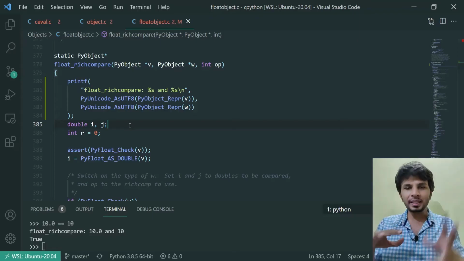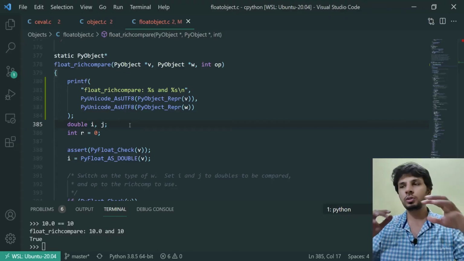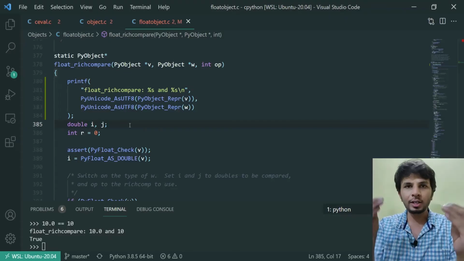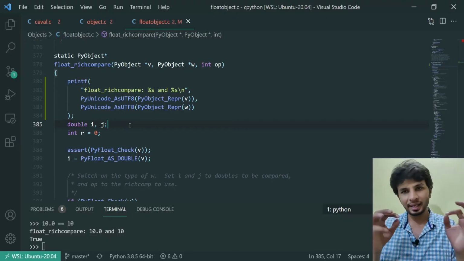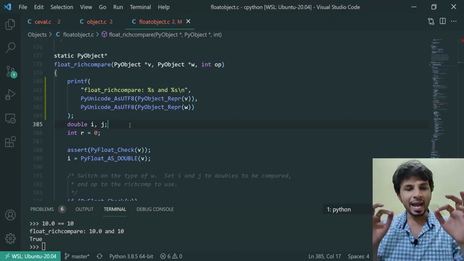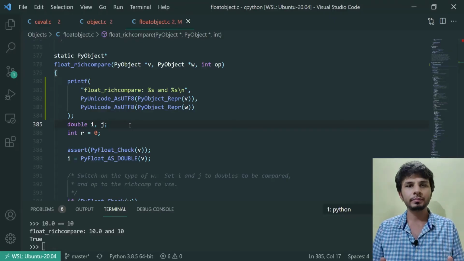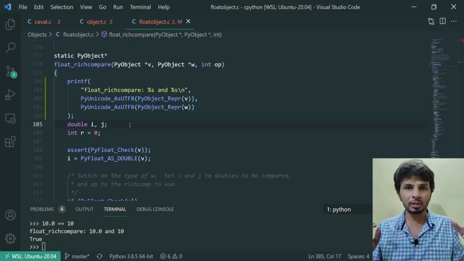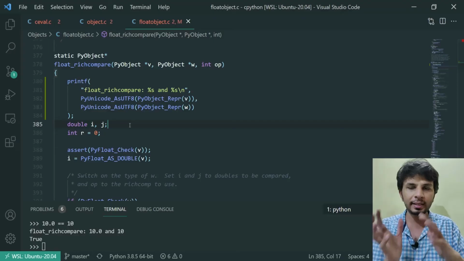So what CPython tries to do over here is it converts, or tries to convert, the left and the right operand, which is v and w, into two double values i and j, and then does a native C comparison between the two, because C supports comparison in its native types, right.